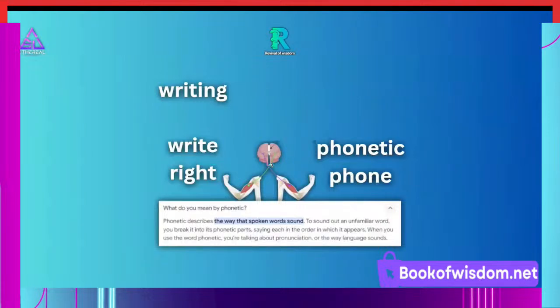I truly believe the ancients were balanced. They used the left and the right side of the body. They didn't have a stronger side because they understood this science of the body and how the body works. So this is actually called phonetics. It's not etymology. Etymology is the study of root words. Phonetics is the study of how words sound similar, the way words are spoken. So phonetics, phone, is why we call them a phone, because you speak into a phone. So this is write and writing, to use that right side to activate the left hemisphere more.